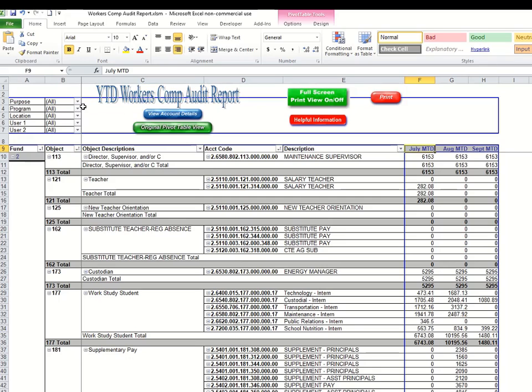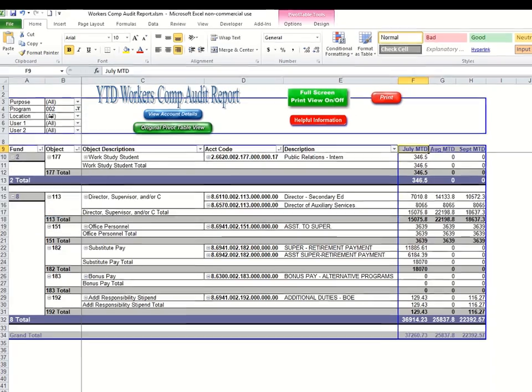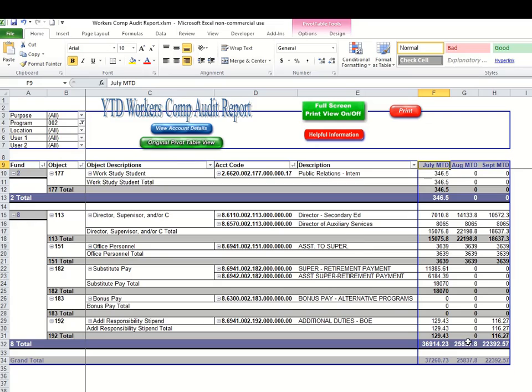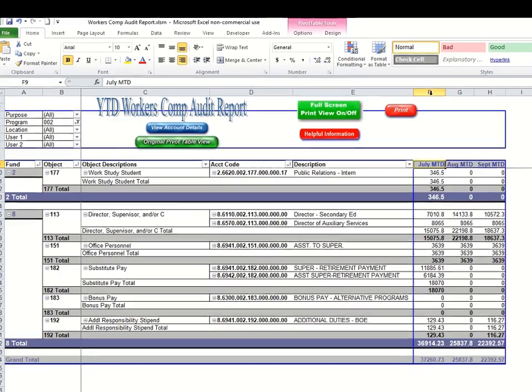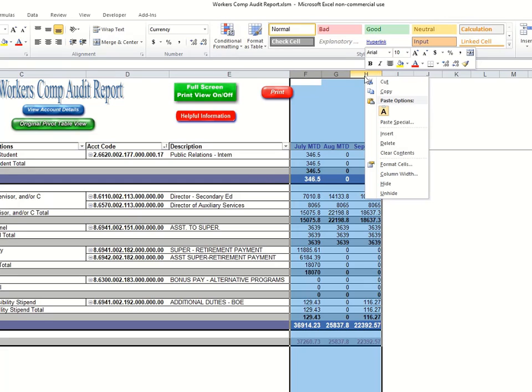So say we really only wanted to see them for program code 002. So we could just filter 002. I'm going to hit enter. And it would be that simple to give you those totals. Now, if you notice, that's not formatted very pretty. So I'm just going to come up here and I'm going to highlight the columns that I want to change the formatting on. And I'm going to right-click,